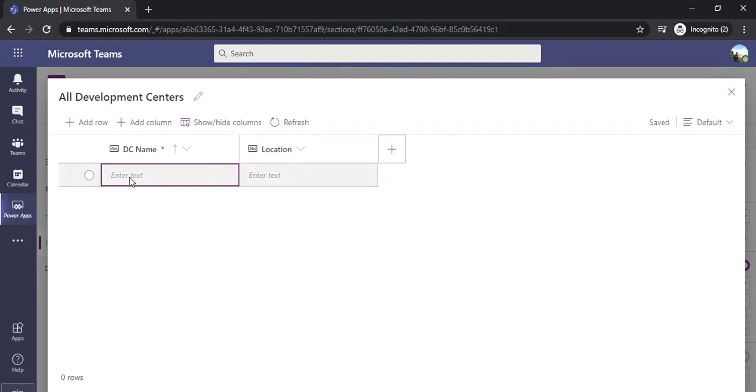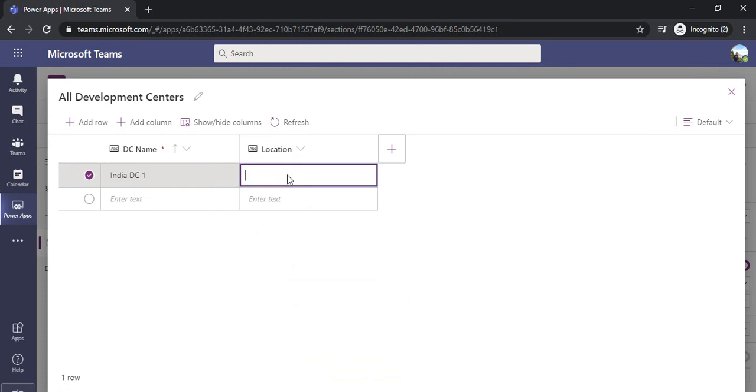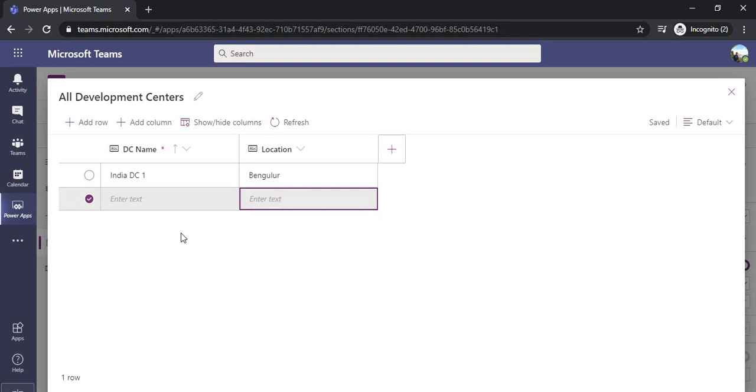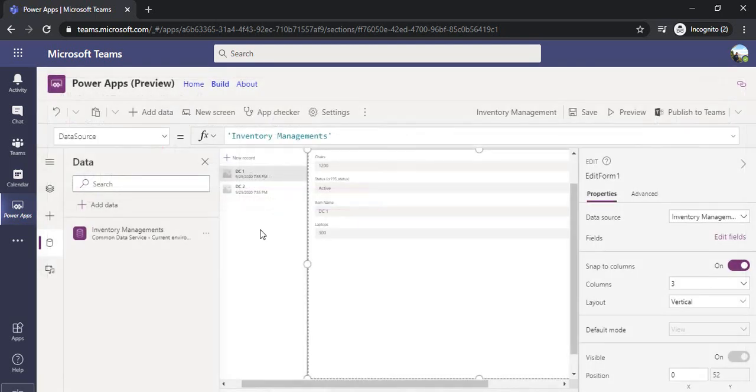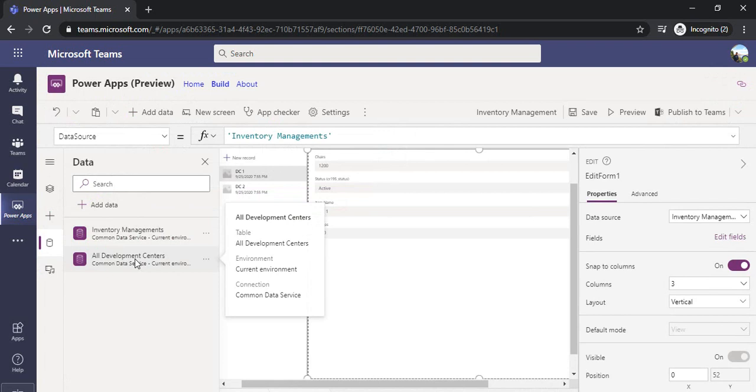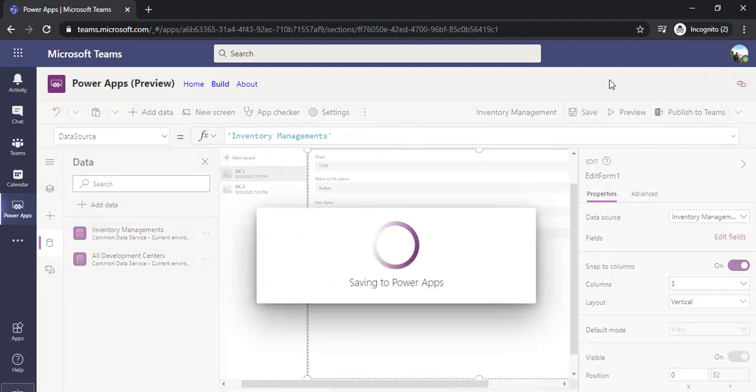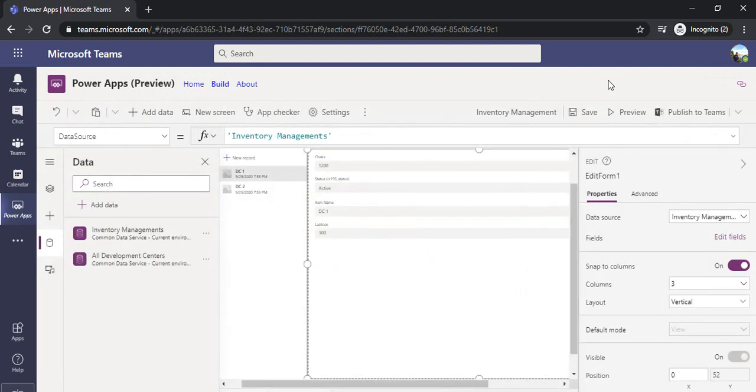Right, so this DC item, let's say I'm adding this India DC1, and address is, let's say, Bengaluru, and we can have multiple rows over there, and then we can specify a lookup between this inventory management and all the development centers. So this is how we can create multiple tables and have references between them. This is the plus advantage which we didn't used to have in the SharePoint list.